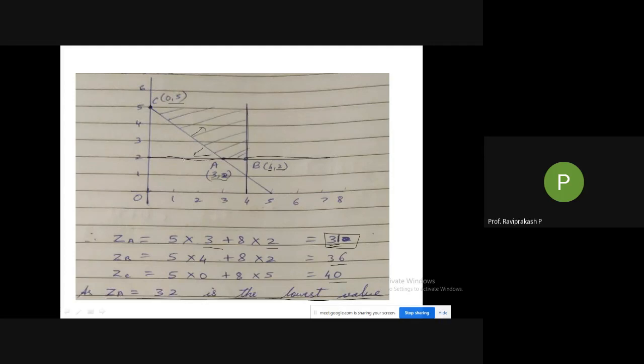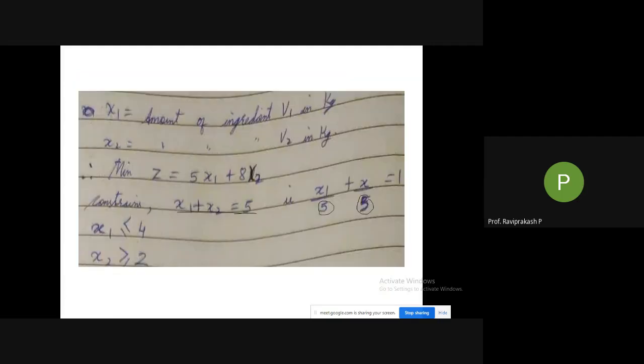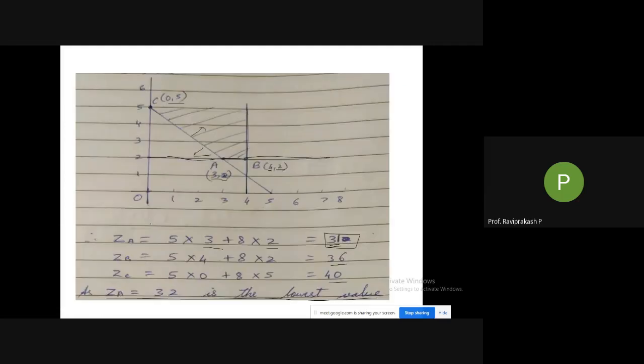Then going to the next one, that is x1. So it is less than or equal to 4. Less than. Okay, so 4 is here. Less in the sense which side? I have to go this side. Why? Because the values keep becoming smaller and smaller. Lesser than. So if they say greater than, you have to go this side because the values are becoming bigger and bigger. So when it is said less than, you have to go towards the lesser side. So always towards 0 you need to point.